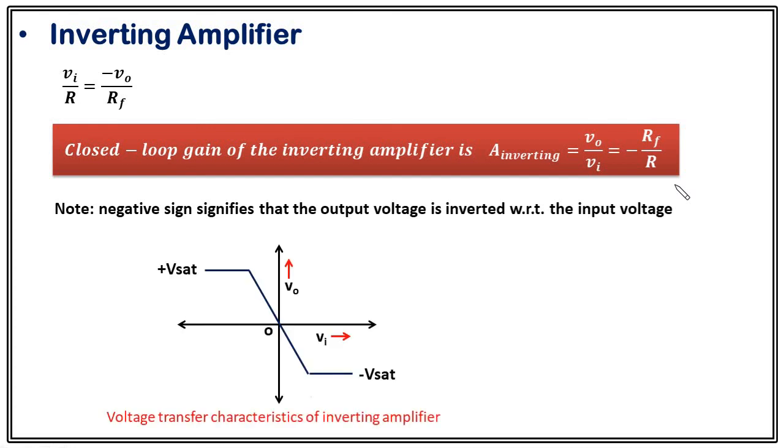Okay. Let's see the voltage transfer characteristics of the inverting amplifier. On the x-axis, we have plotted V input. On the y-axis, V output. When V input is positive, V output will be negative. So that is why we have a negative slope curve here. If you measure the slope of this curve, that slope will be equal to the closed loop gain, which is minus RF upon R. If you apply a very high input voltage, in that scenario, the op-amp will go into the saturation region, which we have also discussed in the previous lecture. So you have a fair idea about that.